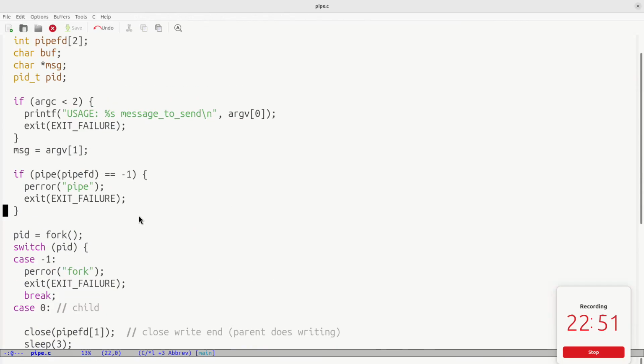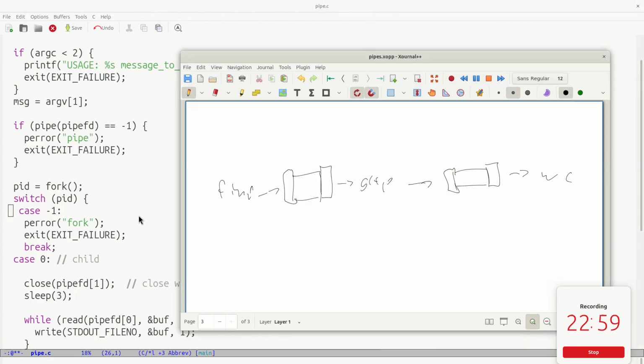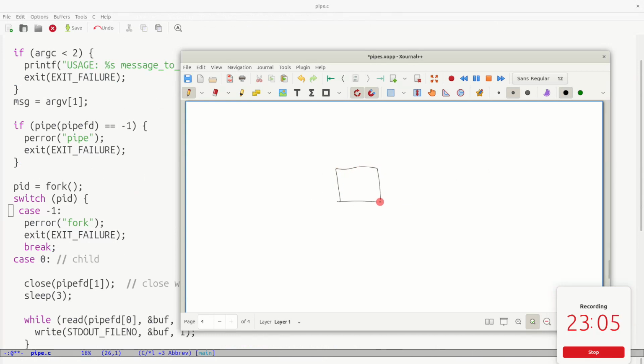But okay, so in this example, all we're going to do is create one of these pipes. Let me diagram this. This program is going to create a pipe, and it starts out as the same process. So we have our pipe program here. And then we're going to fork